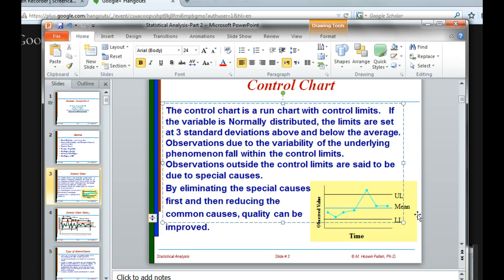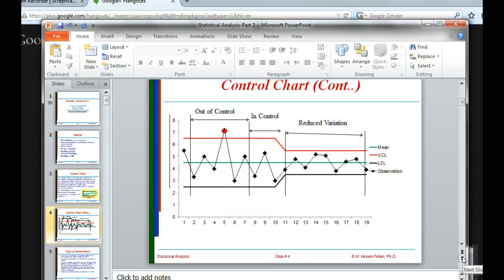Now we're plotting it this way because we are plotting the data points on time, and we're putting the control limit to see whether or not any point is out of control. So here's an example. I've got a process here, whatever the process might be. You can see that these data points are going up and down around the mean, and then there's a point, an observation, that's outside the control limit. We're saying that this process at this point is out of control. Now you go and find out, it could be some causes that have resulted in this. Let's say if this was the